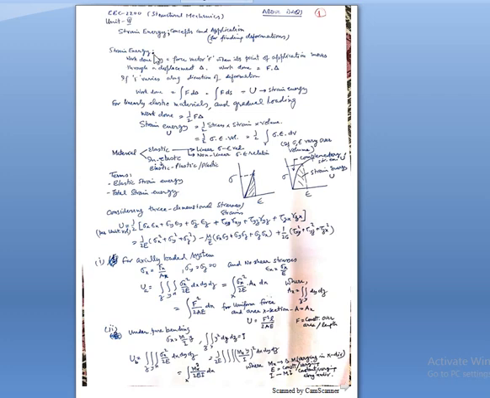So, first of all, let us discuss the strain energy. Strain energy is the energy absorbed by the material under the action of applied load, and it is also called the work done by the force. Mathematically, it is equal to the work done by the load, and it is also called the toughness of the material.